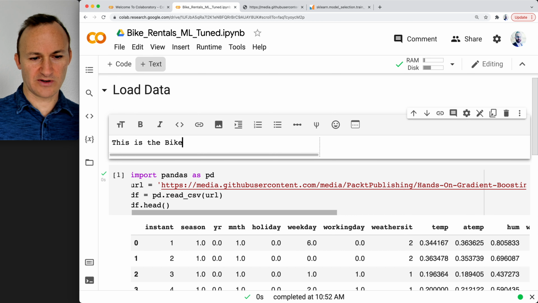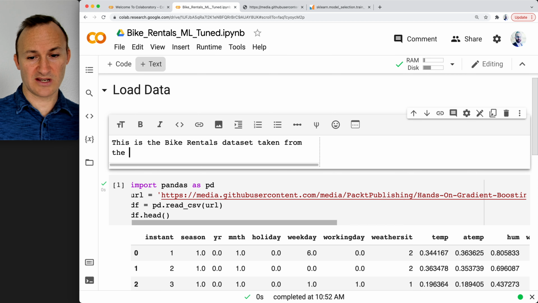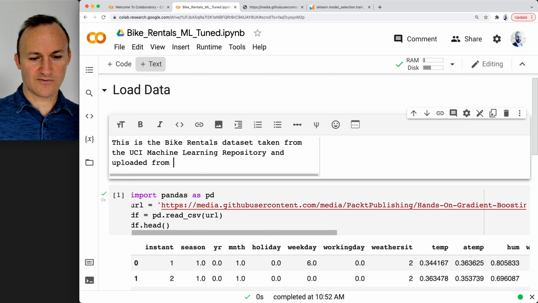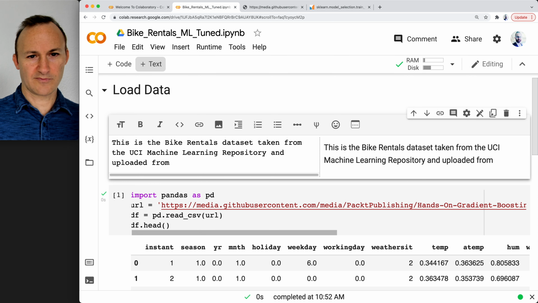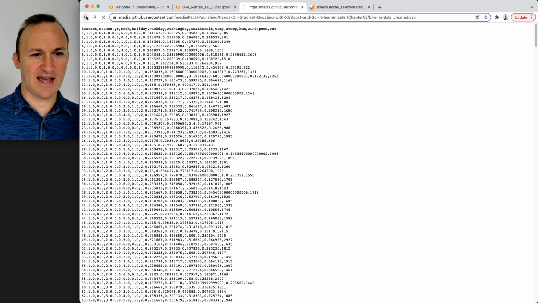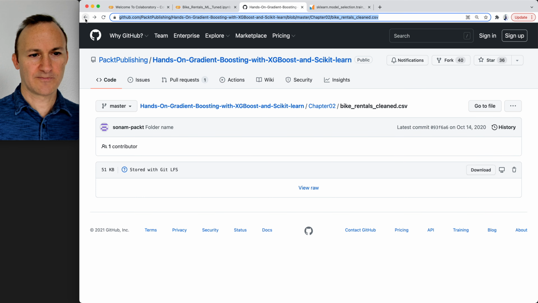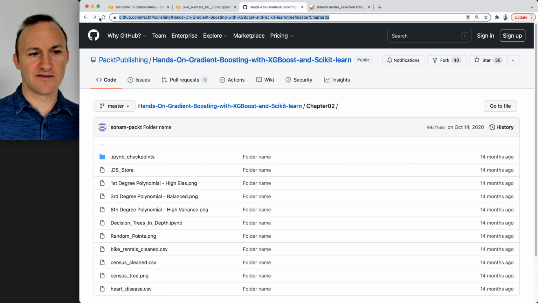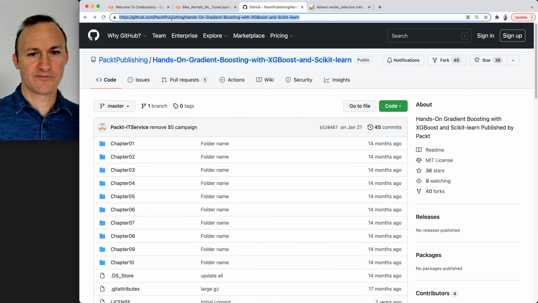This is the bike rentals data set. I will tell you it's taken from the UCI machine learning repository. And uploaded from, I'll just say GitHub for now. I think it's nice to provide, let me just take it one more step. It's nice to provide the actual link, like for instance, if I provide this link, backing up a little bit, then I can say,